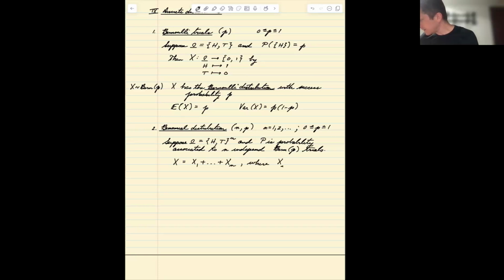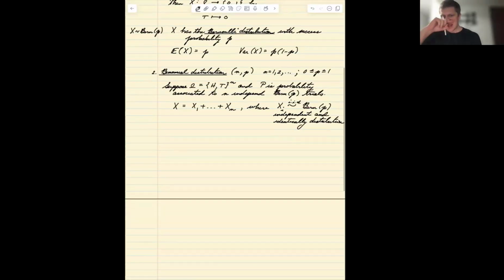where Xi are what are called IID Bernoulli p. What we mean by that is that Xi are assumed to be independent and identically distributed, meaning they have the same distribution, and that distribution is the Bernoulli p distribution. But in this case, just to be explicit, then